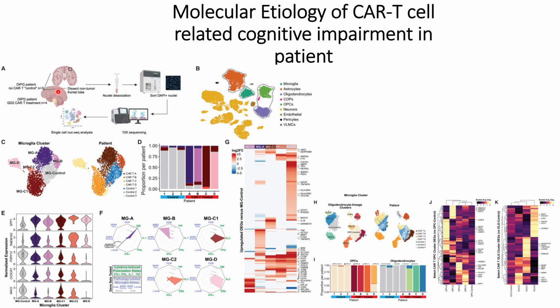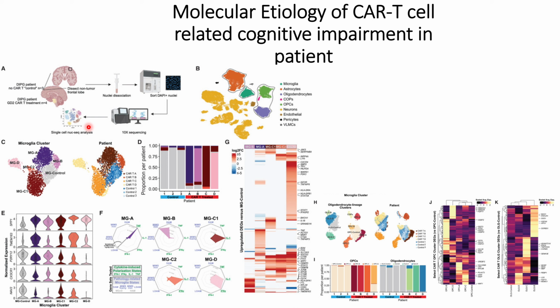In panel A, it has been shown they took the patient samples, did the nuclei dissociations, then sorted the cells using DAPI fluorescence, and thereafter did 10x sequencing, and then used single cell nuclear sequencing analysis to find out what the origin of this CAR T cell related cognitive impairment in the patients is. So first they plot the single cell